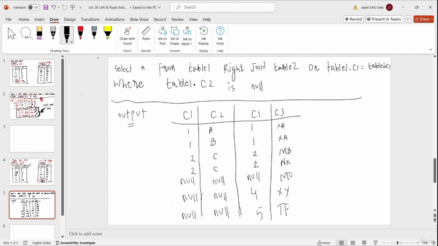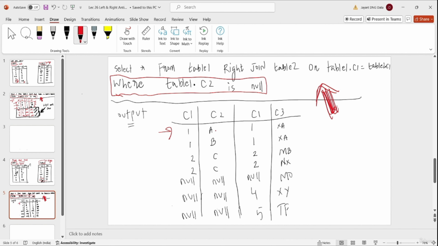Now have a look at the select statement that we have written here at the top. We have written the same select statement as that of the right outer join, but we have provided one additional condition where the C2 column value coming from table 1 is null. We want only those records to be there in the output. If I talk about the first record, the C2 value is A. It is not null, so this will not be a part of the output.